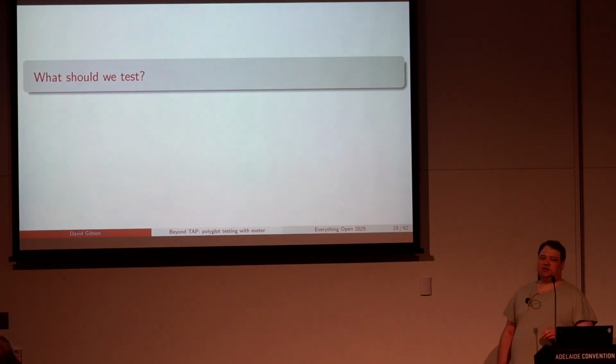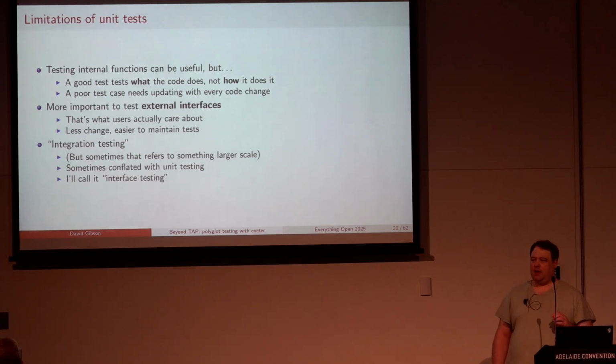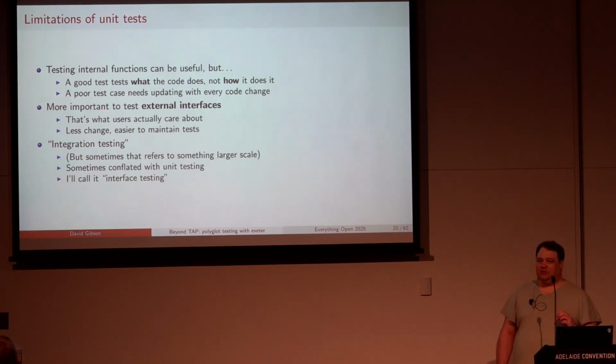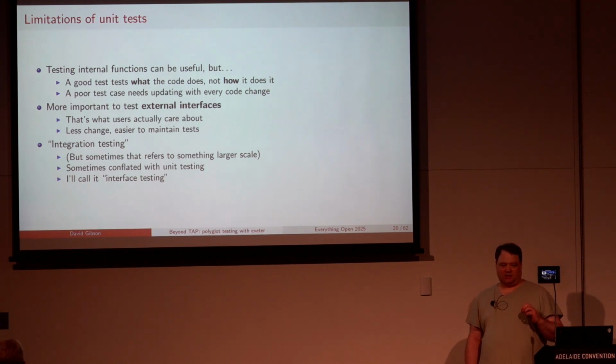All right, another question to ask is what should we be testing? All the tests we've looked at so far are unit tests, and they're testing basically one internal function. Now that can certainly be useful, but a good test, like a good comment, should test what the code does, not how it does it. And if you don't do that, what tends to happen is you get a test that needs to be changed every single time you change the code. And that is unfortunately quite common in projects which have mandated adding unit tests for every new function you add,